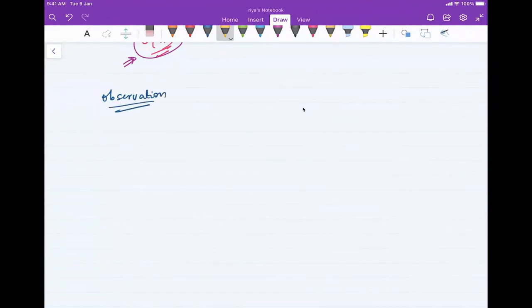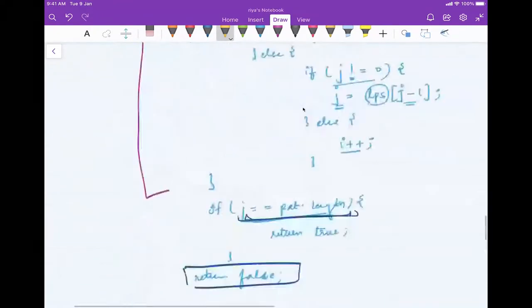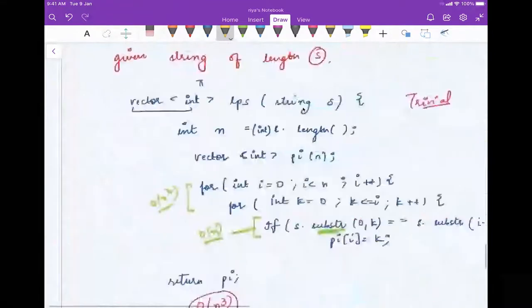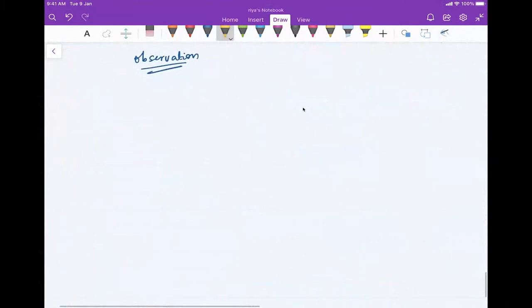Right, and we will see a few examples here as well. Let me draw another one so that we get a better idea of how things are working. Let's draw the prefix functions for a few strings. Let's say the string s is a b c d a b e,